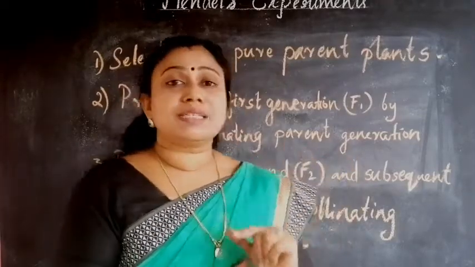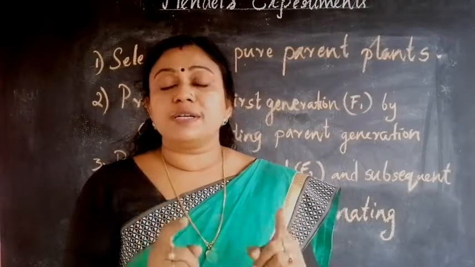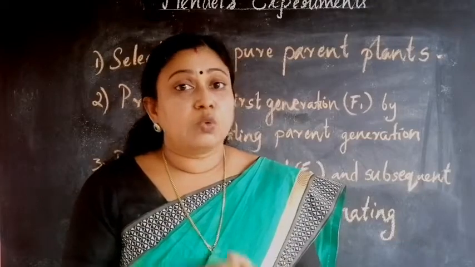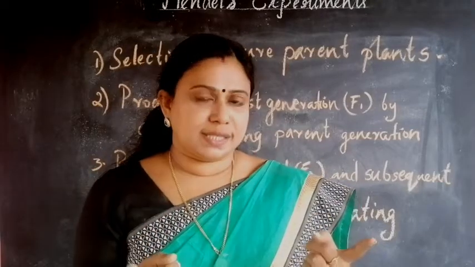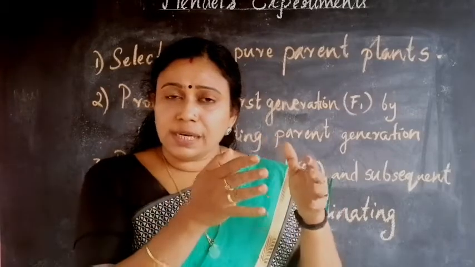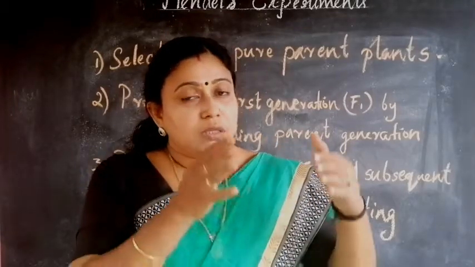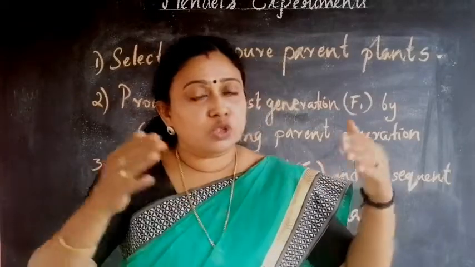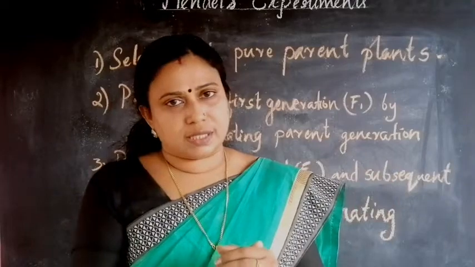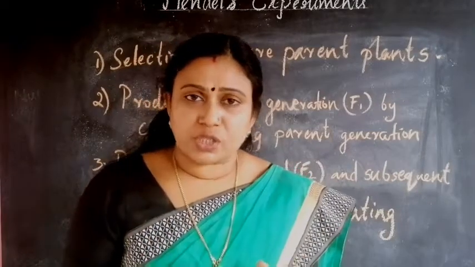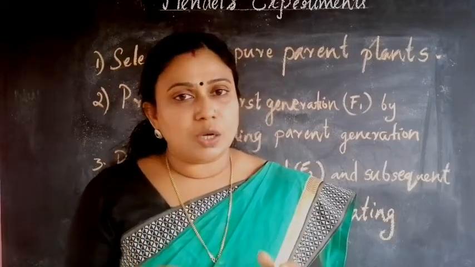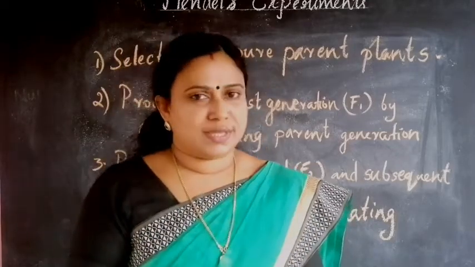While performing these crossbreedings, Mendel first considered only one character with 2 contrasting traits. For example, he considered only the character height. This particular character is showing 2 contrasting traits, that is tallness and dwarfness. So the cross in which only one character is considered is known as monohybrid cross.